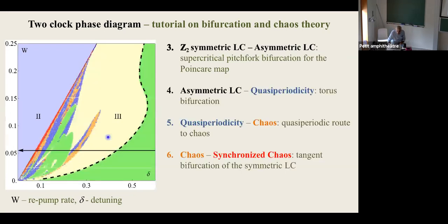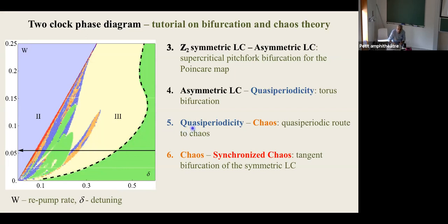Okay, so now let's walk along this arrow. Z2 symmetric limit cycle to asymmetric limit cycle, this is a supercritical pitchfork bifurcation for the Poincare map. And then asymmetric limit cycle into quasi-periodicity, that is known as torus bifurcation. So the system first lives on a circle, now it lives on a torus, and then the dimensionality of the torus